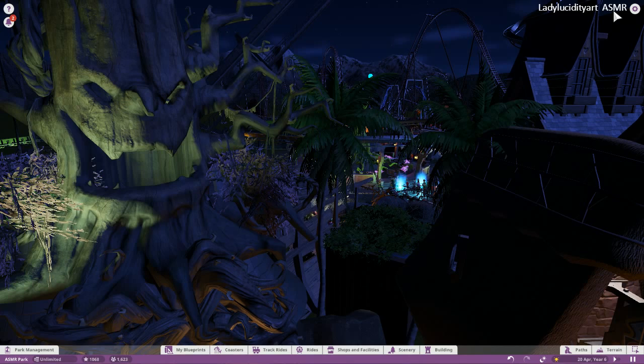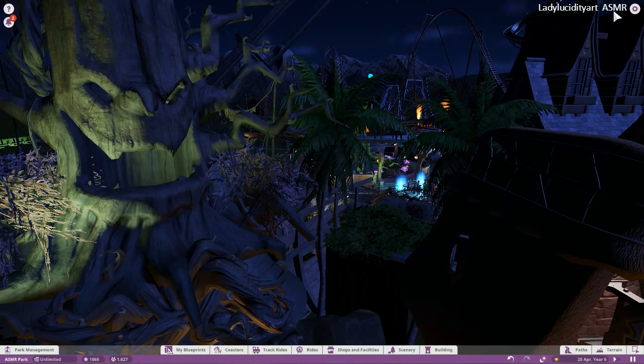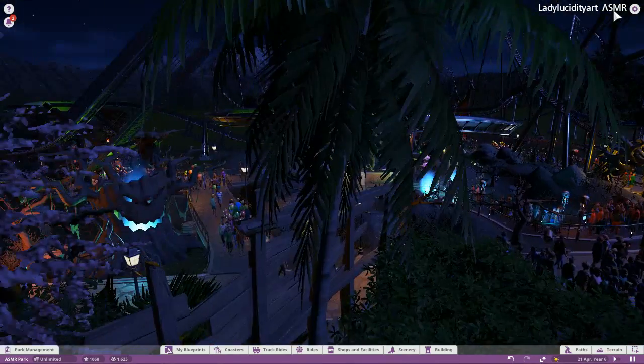What I'm going to do instead in this episode is show you the two that I built, along with another spooky ride that I put in as well, and we will go from there. If I get time in this episode, I will try and do a bit of building, but it'll be mainly me rambling and showing you what I've built. So without further ado,